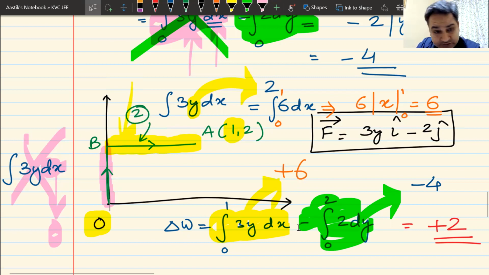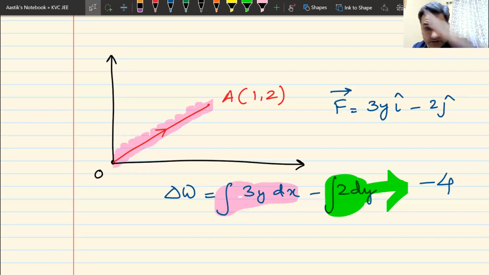The red path. Do you see Y constant? I don't see it. It is like this. Y cannot be constant. Y is varying. So how can you say Y is 2? Do we realize what we have done, beta? What was the difference there? What is the difference now? Anyone?